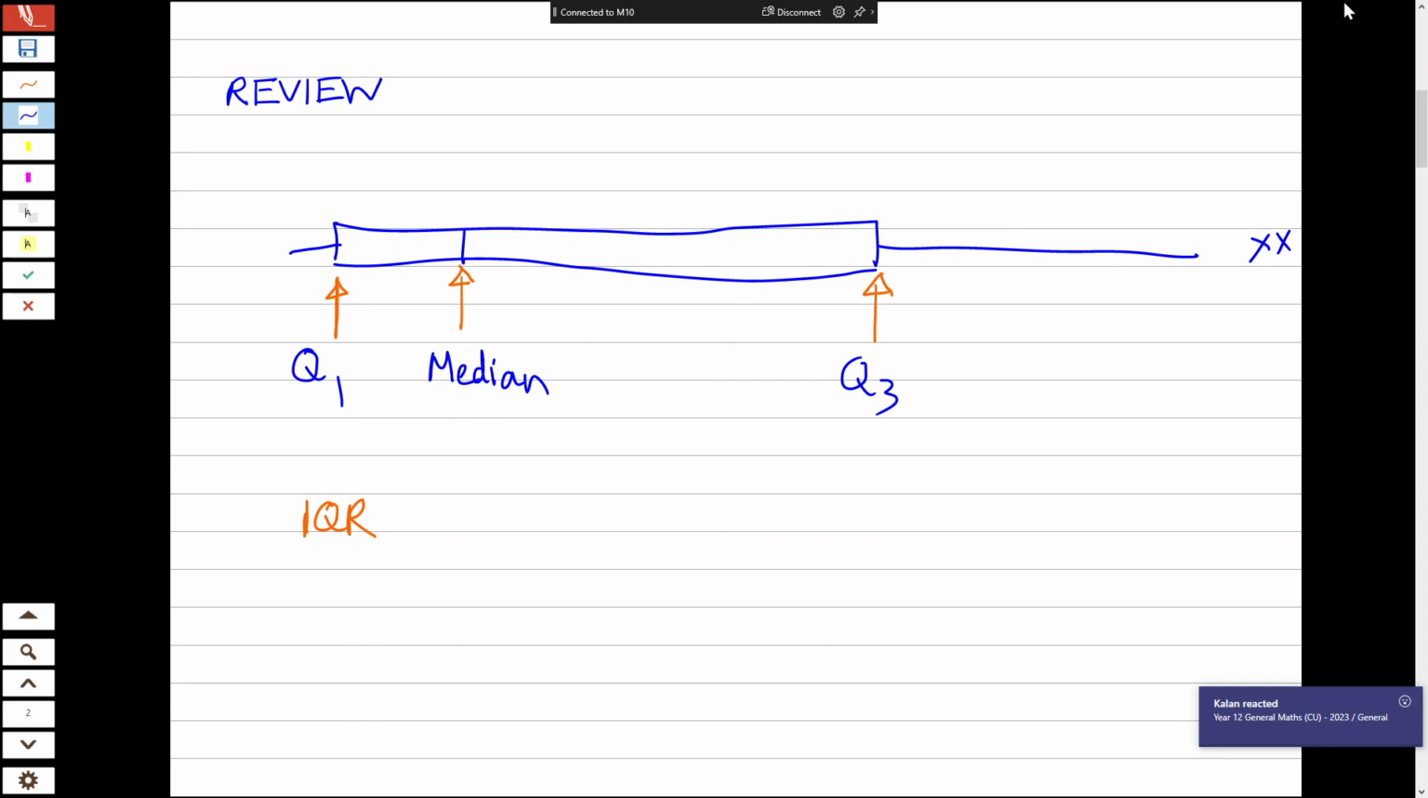Is it recording? Yep. Okay, so last lesson I introduced a new statistic called the interquartile range,